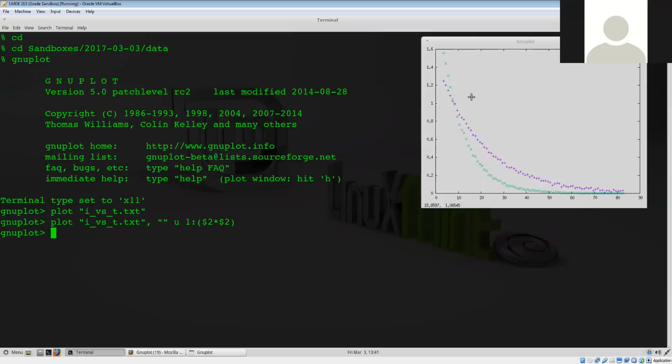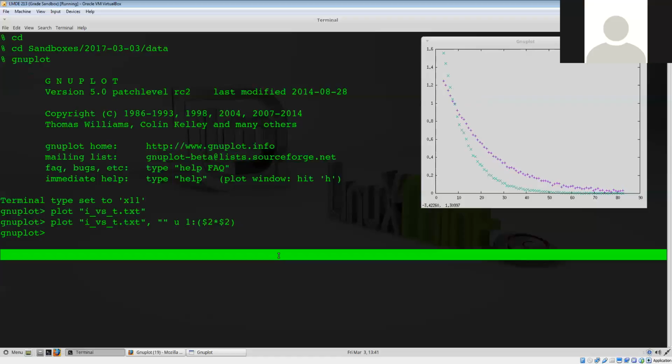And then I could either calculate that and put it into my data file, or I could just use Gnuplot to calculate it directly. So this here, the purple line is my current as a function of time. And the green line then would be proportional to the power as a function of time that's dissipated. It would, of course, depend on the size of the resistor. Well, let's assume that it's a 3 ohm resistor. So I've got a 3 ohm resistor that I'm using